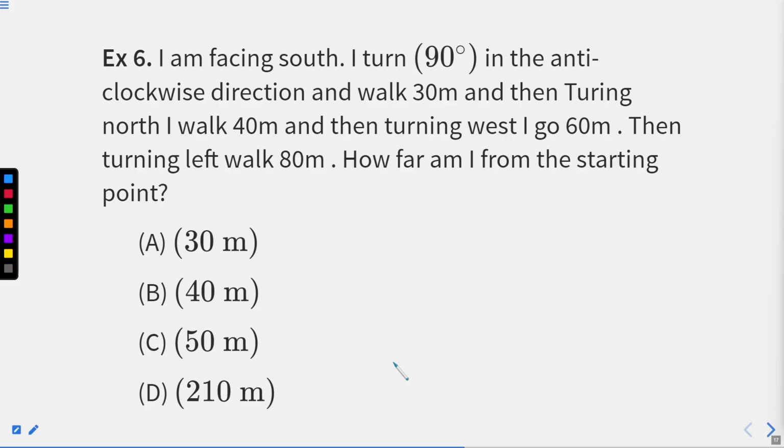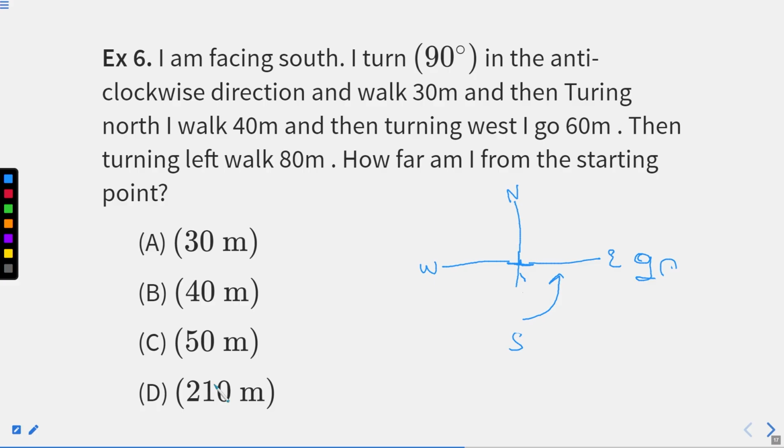Now if I make a rough diagram of it, we all are aware that the upper part is north, the lower part is south, and this part is west and this part is east. So initially I am facing towards the southern part, right? I am facing toward this part and I turn 90 degrees anti-clockwise. Anti-clockwise means in the reverse direction, right? So for that we'll move in this direction. As soon as we move 90 degrees, we'll find ourselves in this direction after turning a complete 90 degrees, right?